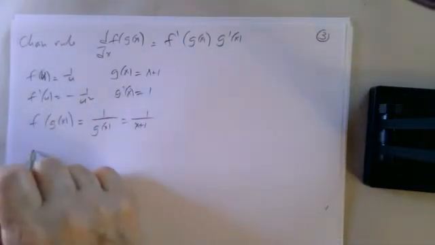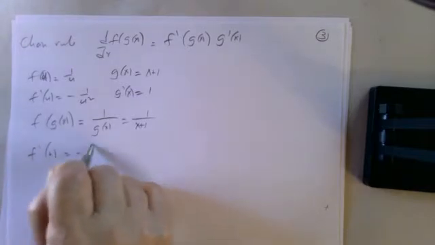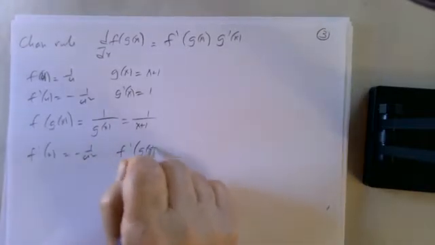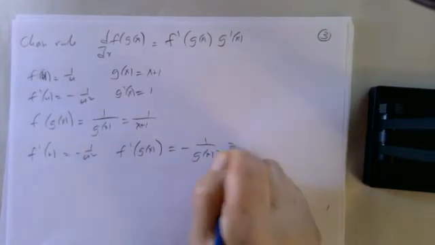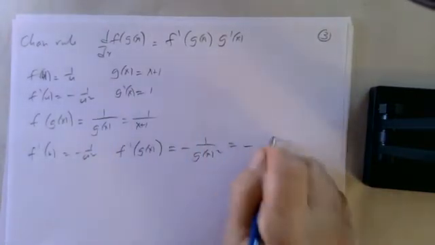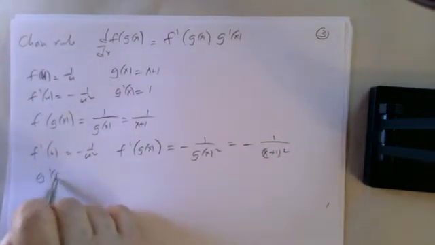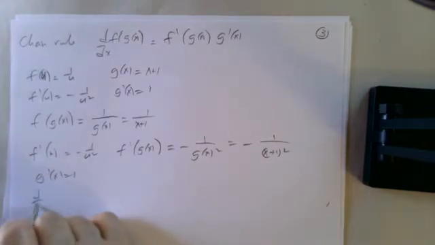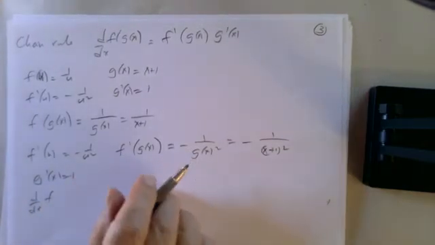And f prime of u is minus 1 over u squared. So f prime of g of x is minus 1 over g of x squared. g of x is x plus 1, so this is minus 1 over x plus 1 squared. g prime of x is 1. So the derivative of f composed with g of x,